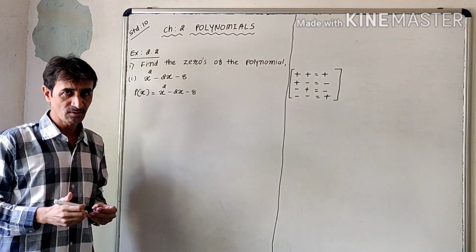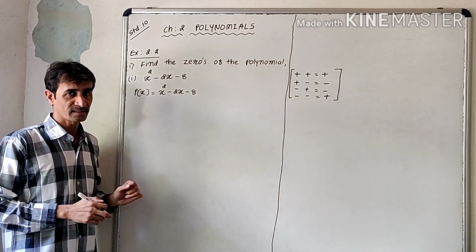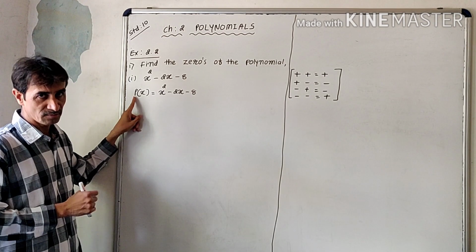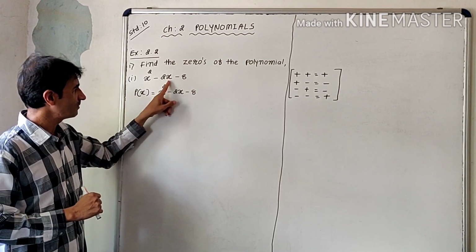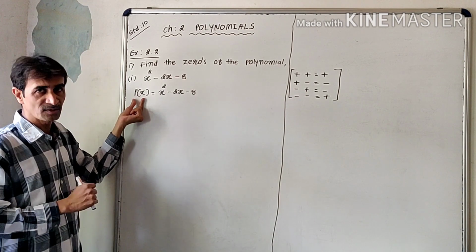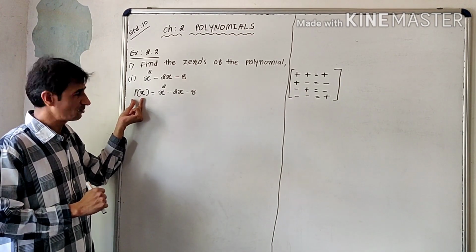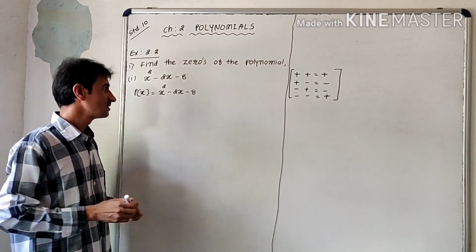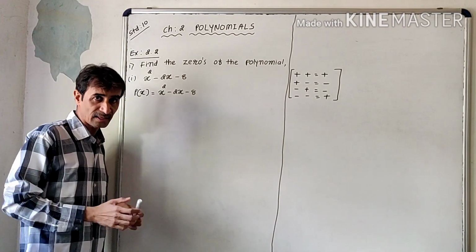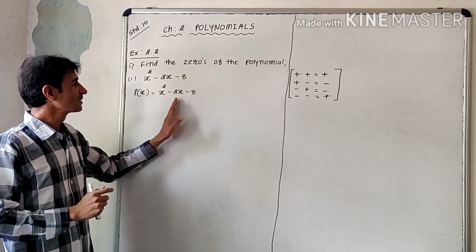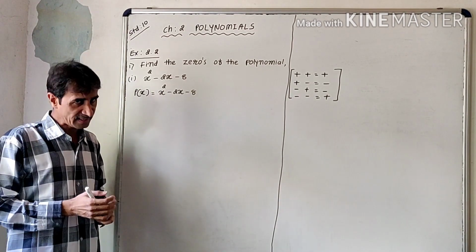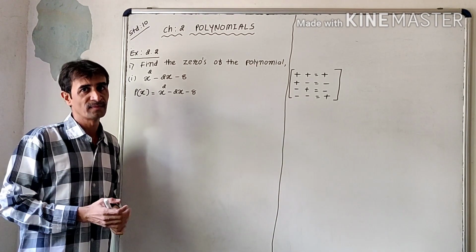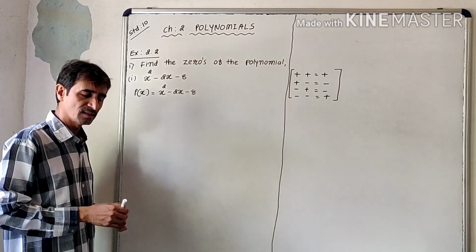So what is the actual meaning of the zeros of a polynomial? First of all, assume this is my polynomial p, and the variable is x, so we write p of x. Here p of x is equal to whatever the given sum is. Now I want to find the zero. What is meant by zero? The different values of x which, when we replace them in this equation, make the answer 0 are known as the zeros of the polynomial.